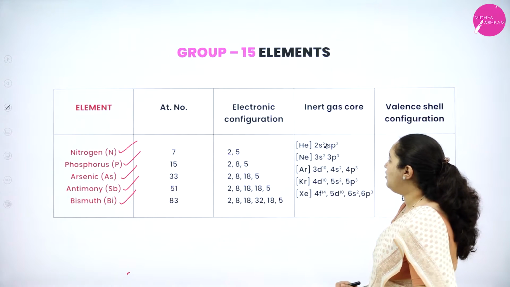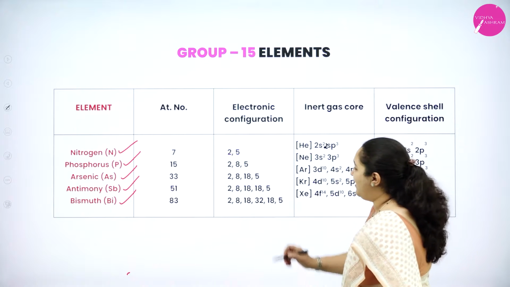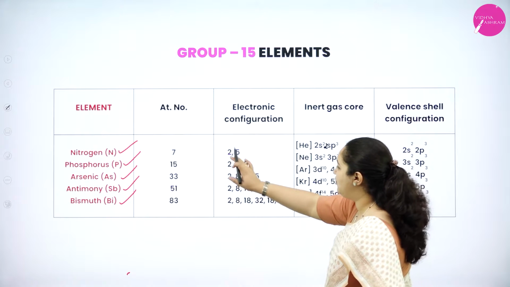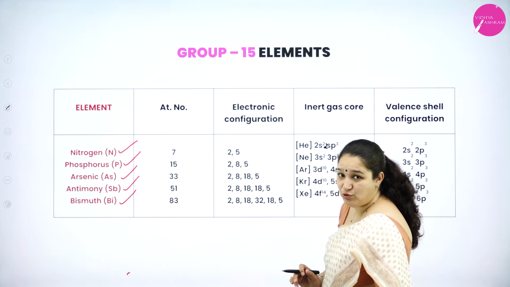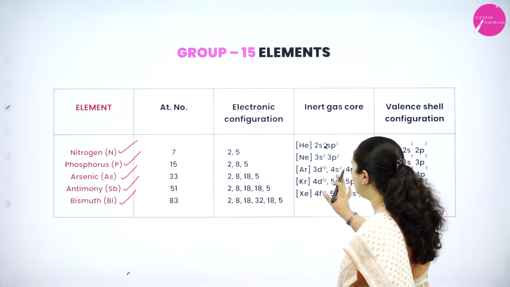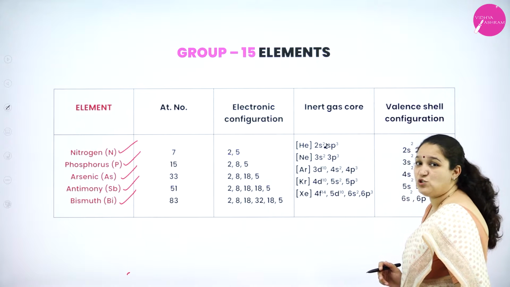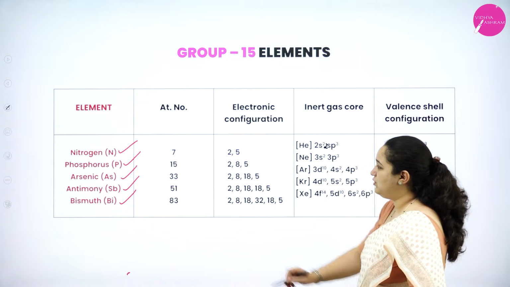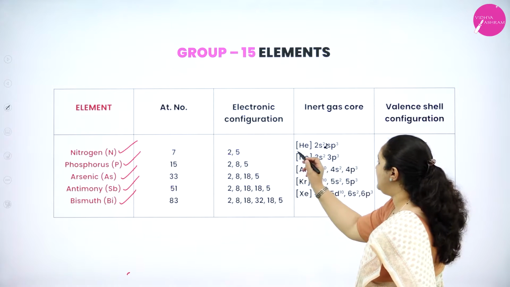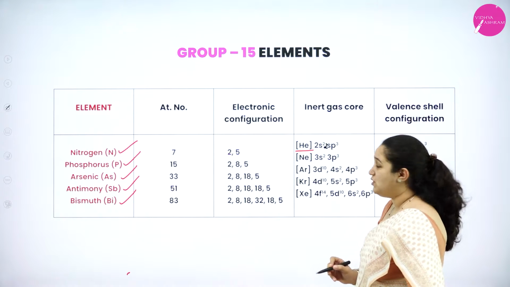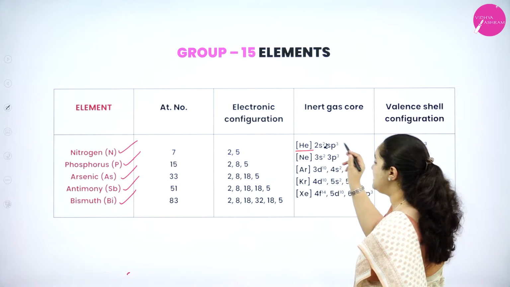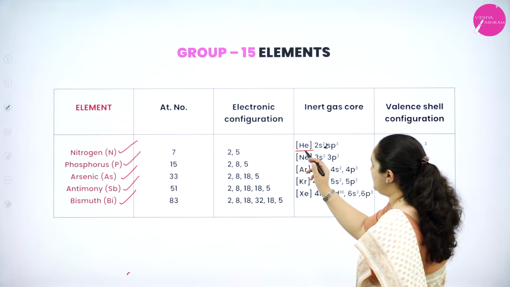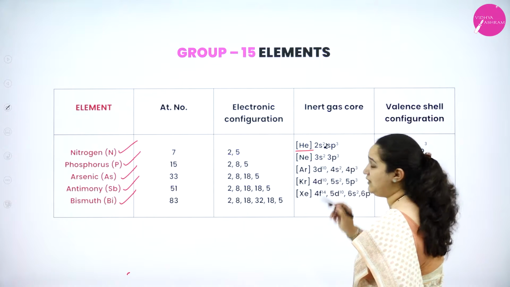Also their electronic configuration. You cannot write the electronic configuration like this if they are asking. This is the number of electrons in every shell we have shown. Okay. Electronic configuration with the inert gas core is something which you need to learn to write. Here if you see the first one, nitrogen, atomic number 7. So it is helium, atomic number 2. So 2, 3, 4, 5, 6, 7. 7 electrons. So the electronic configuration is helium 2s2 2p3.